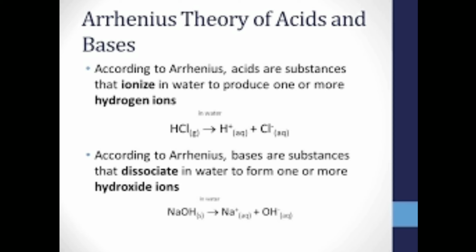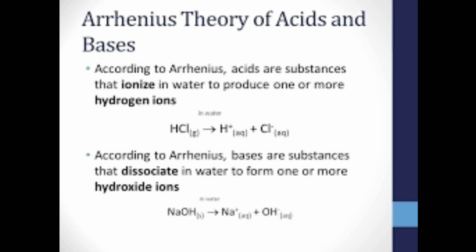For example, HCl, when it breaks, gives H plus and Cl minus ions in aqueous or dilute solution of water. The H plus ion does not exist in water as a bare ion. It hydrates in aqueous solution and is thus represented as the hydronium ion, H3O plus. We here conveniently represent it as H plus ion.